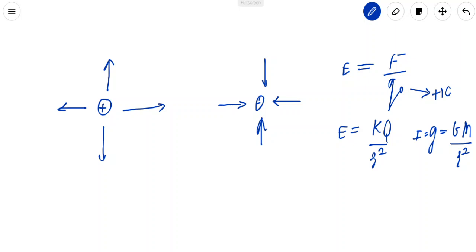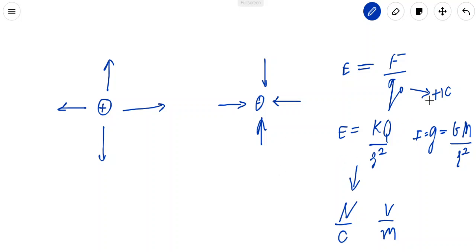It is very much similar to the gravitational intensity. This is electric intensity or electric field. The unit for the electric field we tried to understand is Newton per coulomb for the first chapter, and later on from the second chapter we will use another unit called volt per meter. So must remember these are the units.